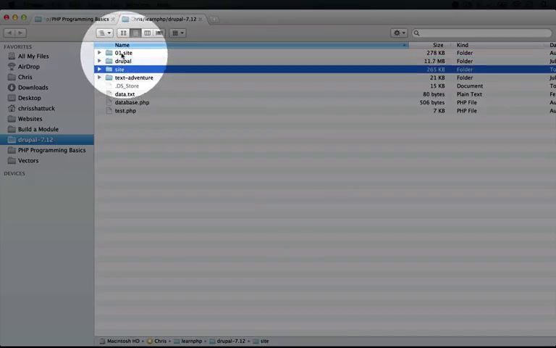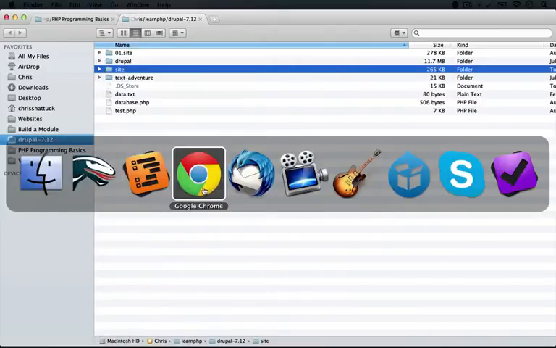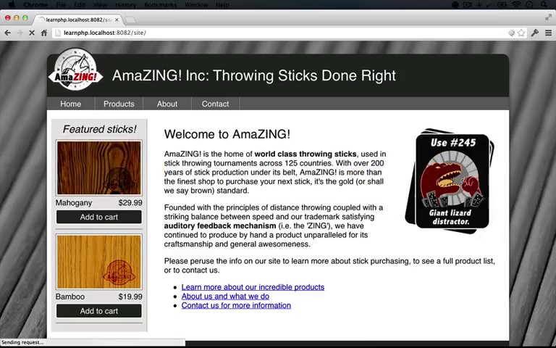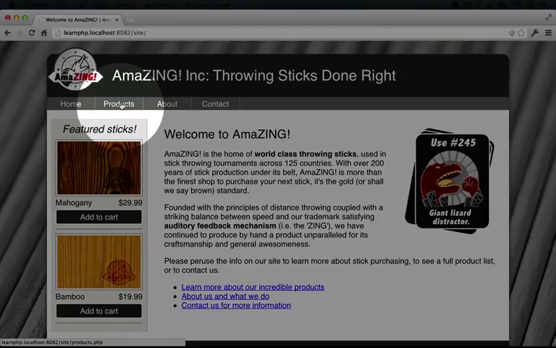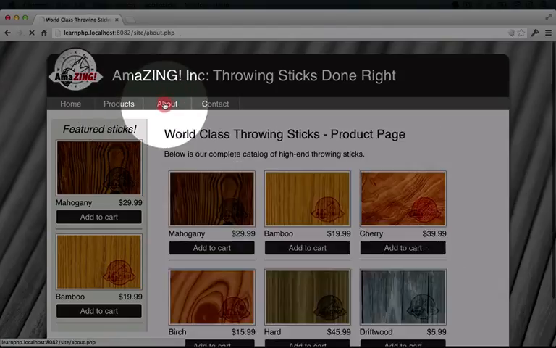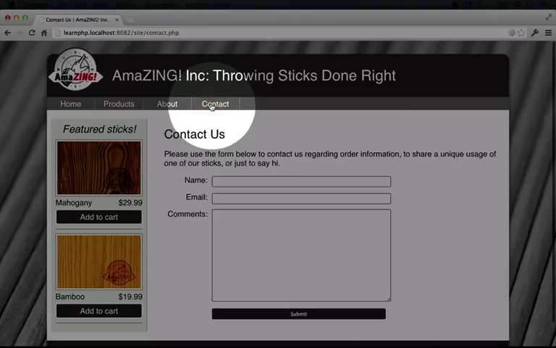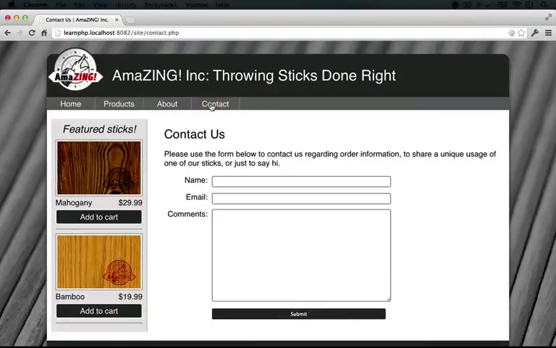So we still have our old files here, so you can play with those if you want to, but now we have our refactored site here. If we go to the site in our browser, I'm going to refresh the page, you'll see that it's identical. We can even click on the various links in the header menu and go to the pages that we saw in our previous steps. What's happening in the backend, however, is dramatically different.